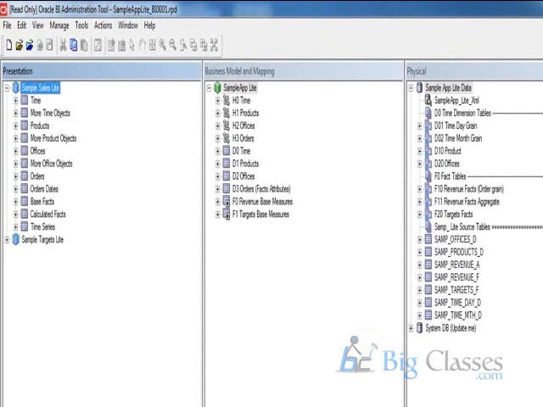What are the things we do in the physical layer? As we know, OBIEE gets connected to any database. It can be an OLAP or OLTP machine, any database it can connect to. Once OBIEE connects to a database, it can import the data and table structures from the database into the OBIEE environment. Once we start importing, first it gets imported onto the physical layer.